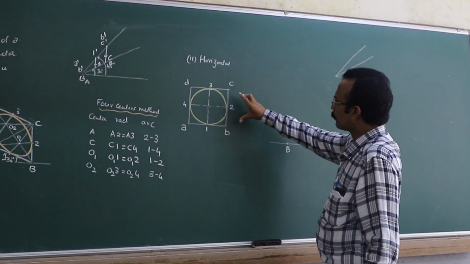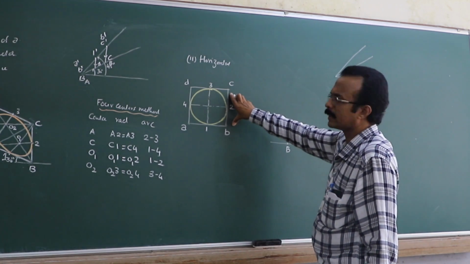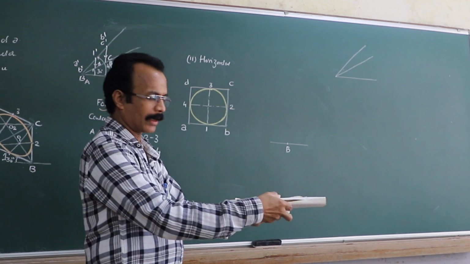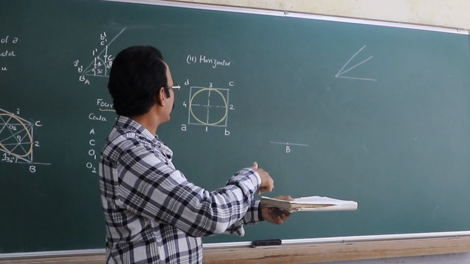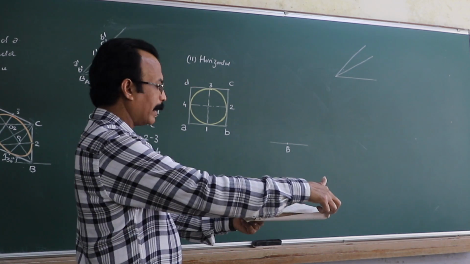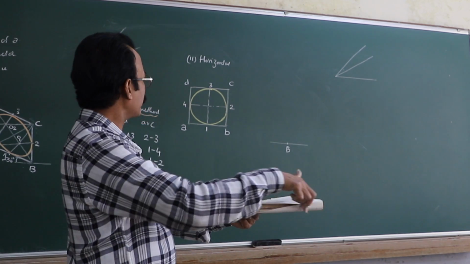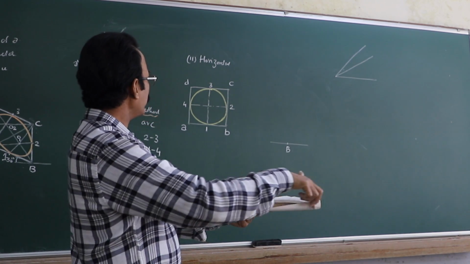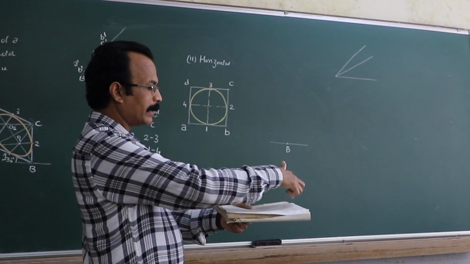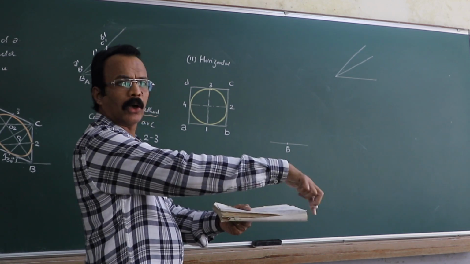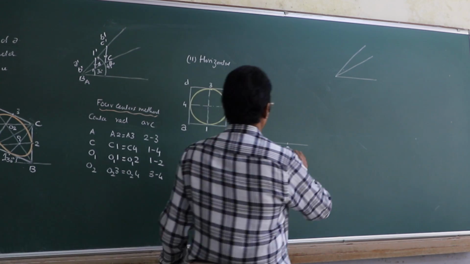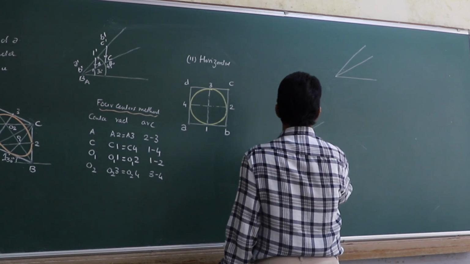So now you see this line BC, right? It is a horizontal line here, right? See, this is your circular lamina now. A, B, C, D, right? So this is your A, B, C and D. So now you see this line BC, it is horizontal line. Now you know that horizontal will be converted into incline. So you draw a 30 degrees line here.